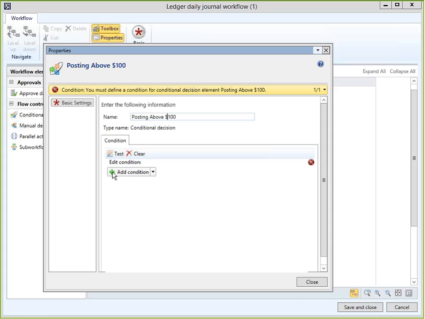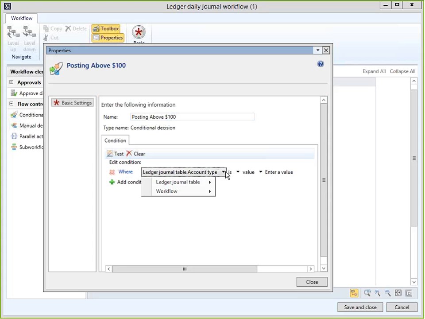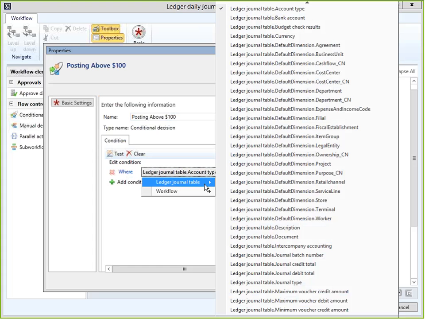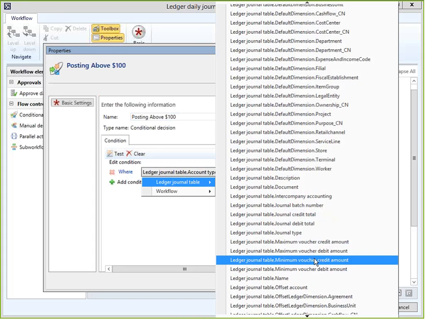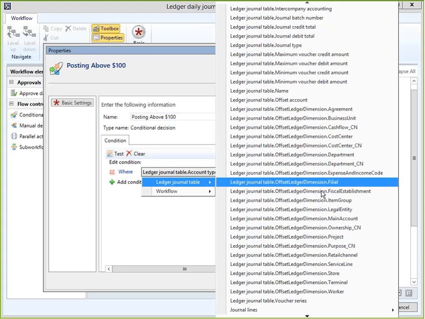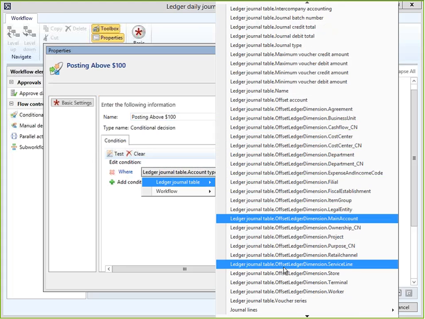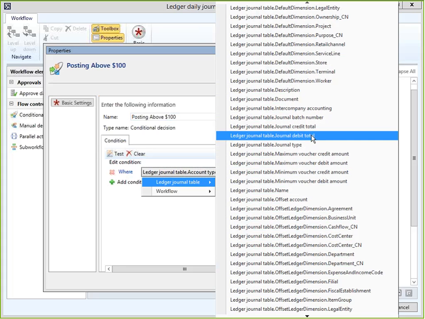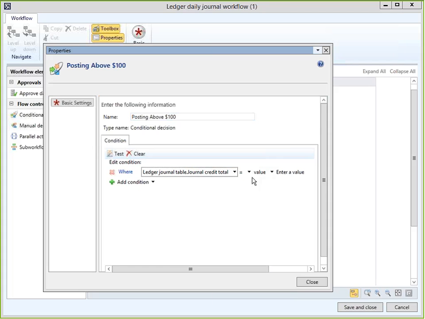Down here we have all of the different conditions that we've got. Right now we don't have any, so I can click Add Condition. A condition is really just going out and looking at something within the table. So I could go into this table, the item here, and I have all of the fields that are associated with this. Here we have all of the cost centers and so forth. But if I want to say if the credit total is greater than 100,